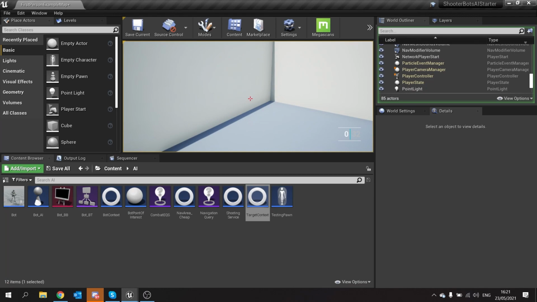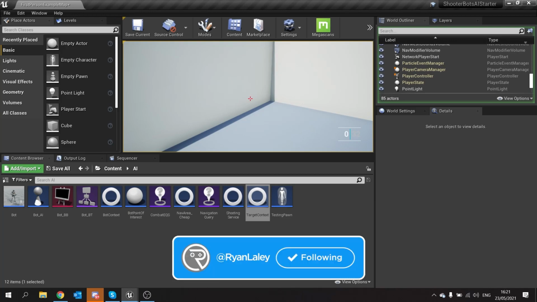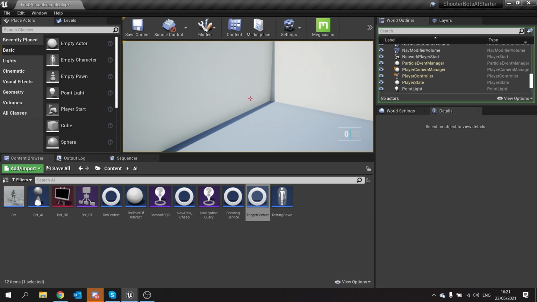Got me. But there you go. So the enemy now will dodge our attacks. Next we're going to do an evade attack. So he will evade now and then randomly and look for cover. Maybe when he's run out of ammo or getting low on ammo, we'll do it so he runs to hide while reloading. So join us in that part over on